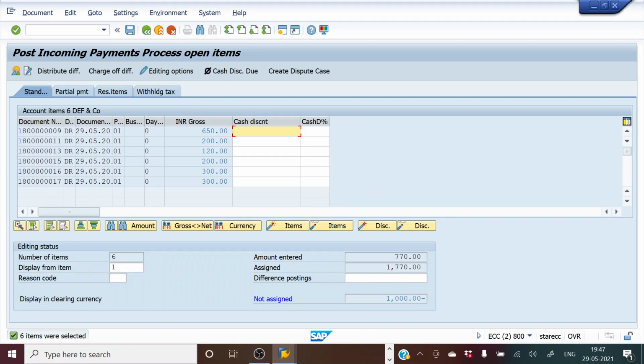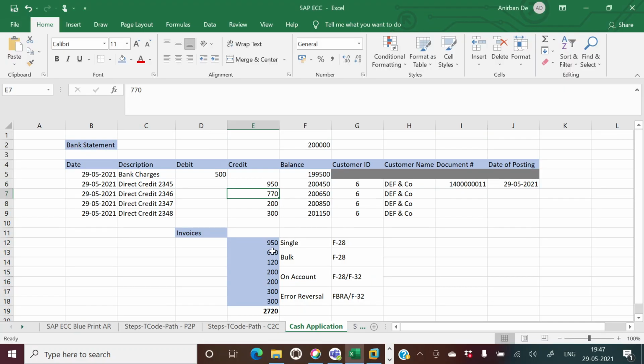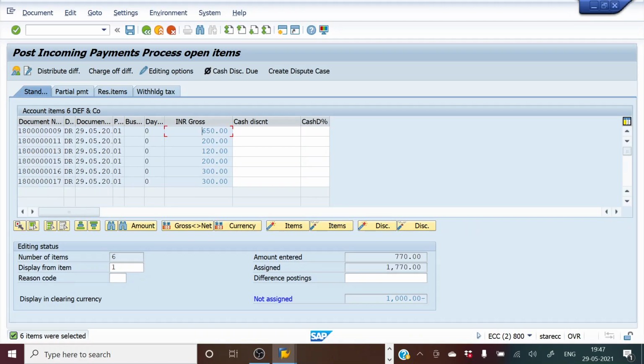Right. So what I'm going to do is set off these two entries, 650 and 120. Similarly, I will first deactivate everything. I'll create a block and deactivate all the items, make it 0, and then I'll select 650 and I'll select 120.